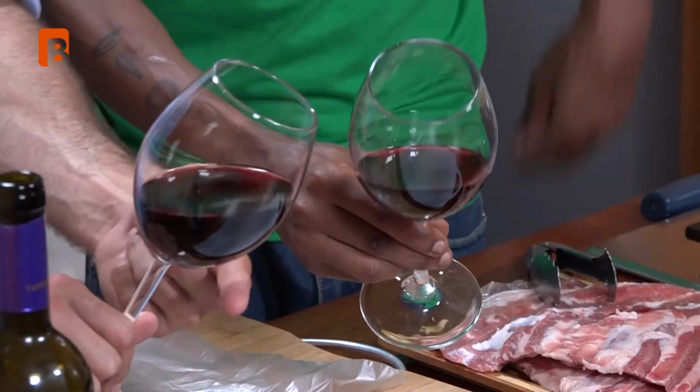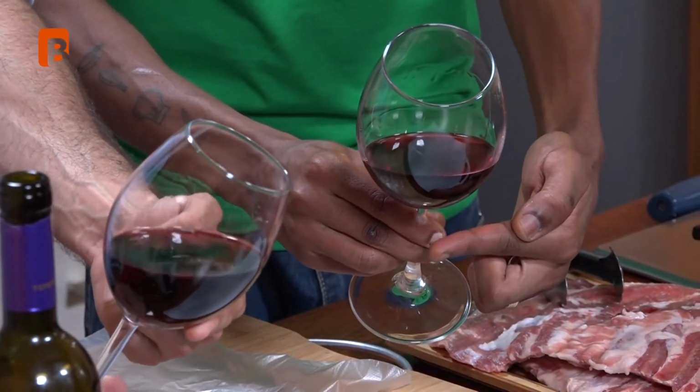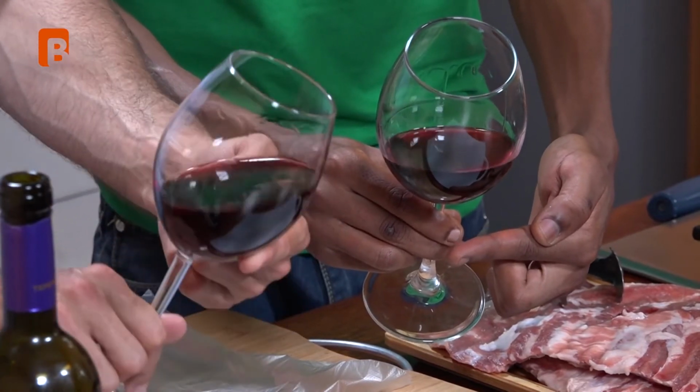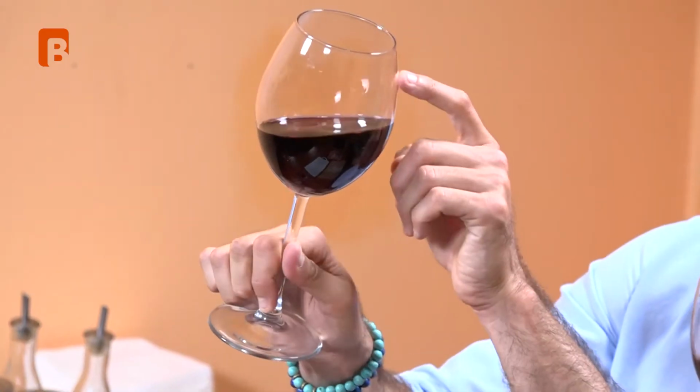Take a finger and hold it behind the glass. If you can see the finger, that means that the wine is not full body, less than medium body. Here you cannot really see it. It means it's a medium body. Another way to indicate the fullness of the body is when we rotate it, you can see we have here